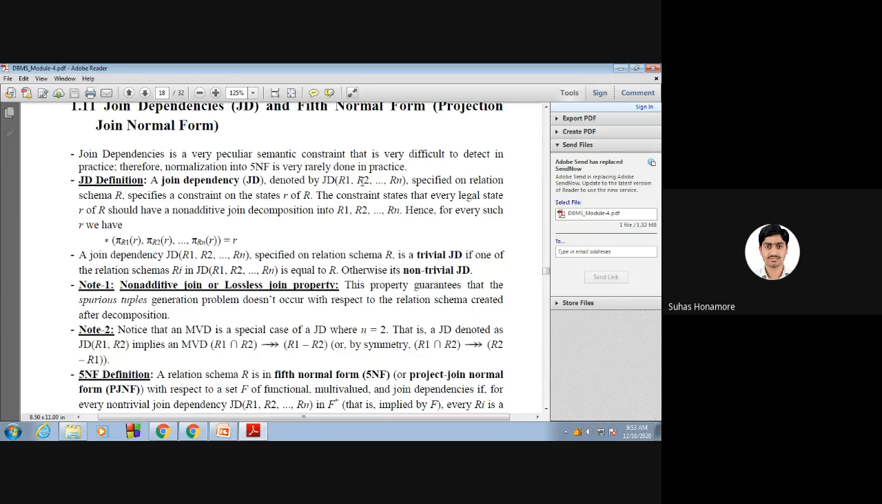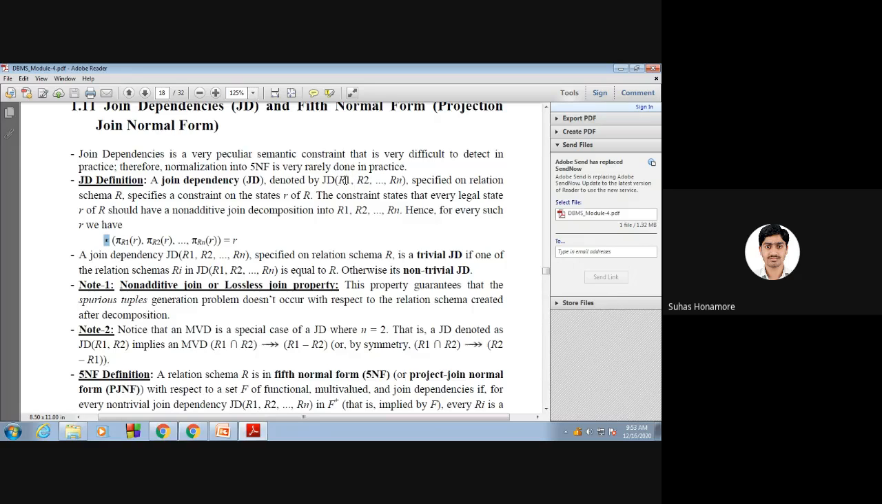R1, R2, like that up to Rn, we have the tables. The relation R is divided into these tables. We say small r is one state of R. Whenever we do the join operation, that star mark indicates a natural join. What a natural join is in relational algebra, we'll study in detail. Whenever we do the natural join for all the